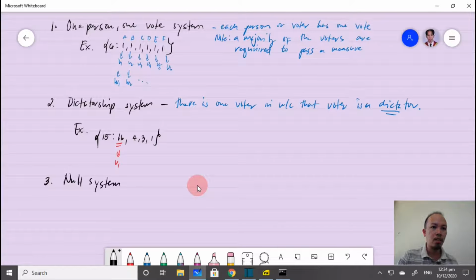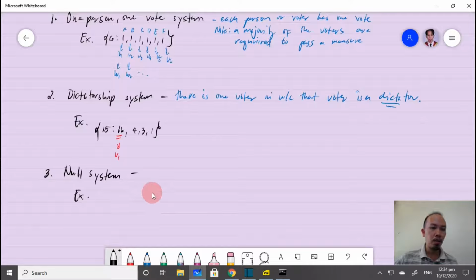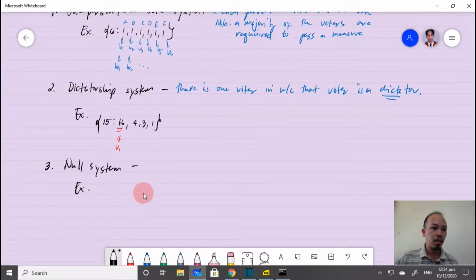Okay, this one is what they call a null weighted voting system. If even all the voters are present, then the measure cannot be passed. Okay, so for example, in this example, we have